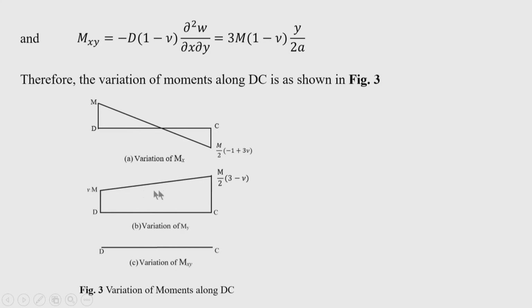The values at the extreme edge are this quantity. At this extreme edge, the two values are equal. So, M by 2 equal to minus 1 by 3 mu, and here you will get M by 2 3 into minus mu, and here you will get mu into M. But since the torsional moment or twisting moment does not contain any x, when we plotted the variation of Mxy along the x axis, it represents a straight line. Okay. So, that is the problem that I have discussed, the special case where the triangular plate is subjected to edge moment.